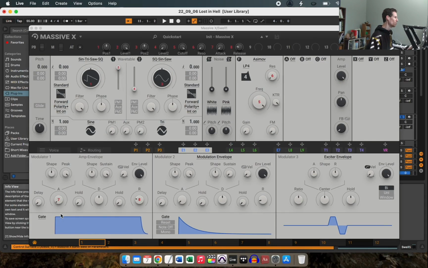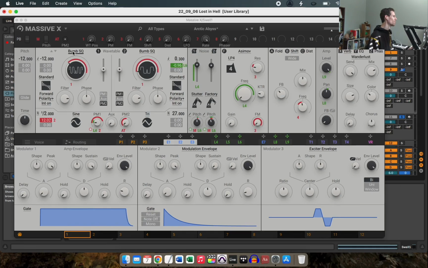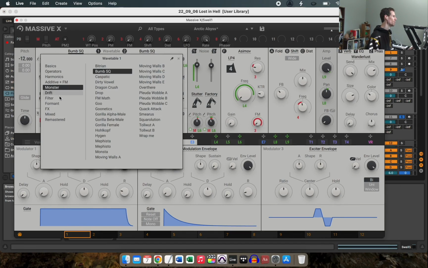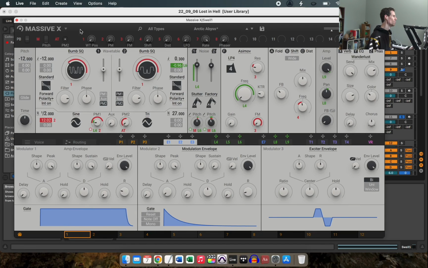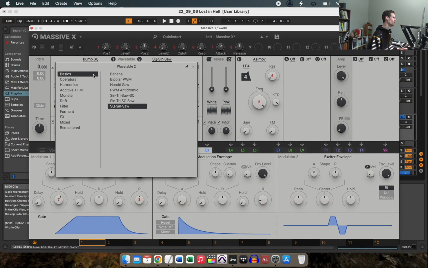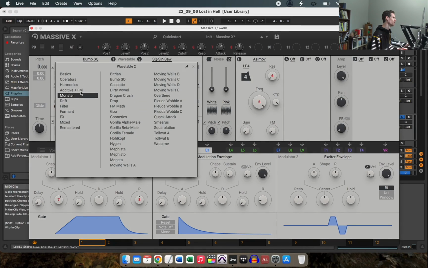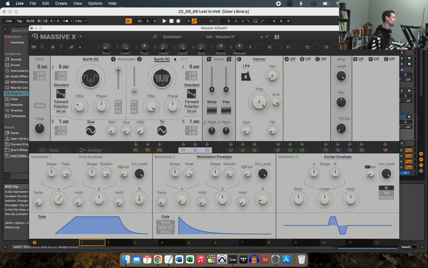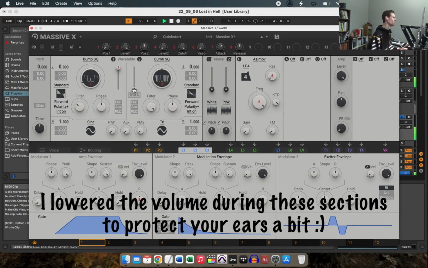First of all, I know that I want this to sort of fade in and out. So let's increase the attack a bit. And the release. Starting from the left here, let's see. So they've picked sort of this monster bump SQ. Okay, so let's take a look at that. Let's drop that down a bit. We're gonna change this one also to that. Let's bring this